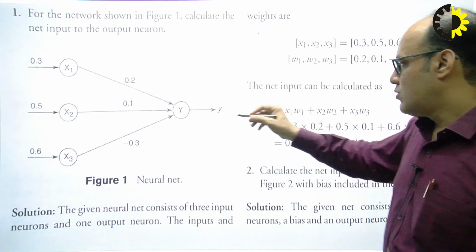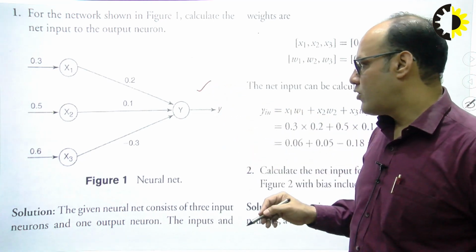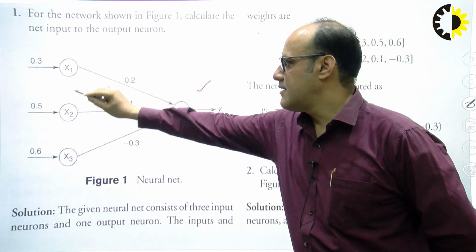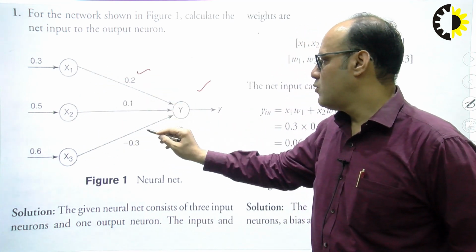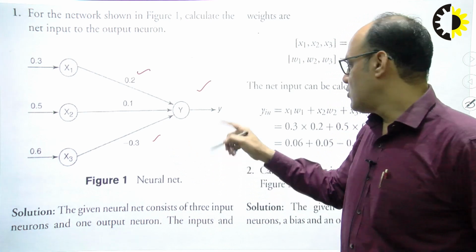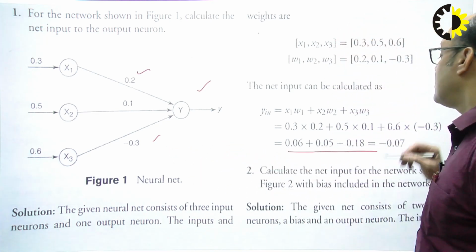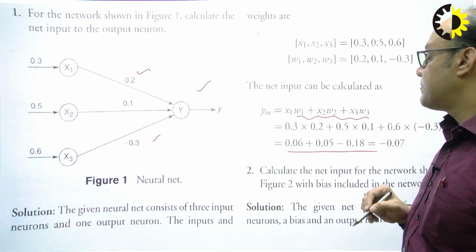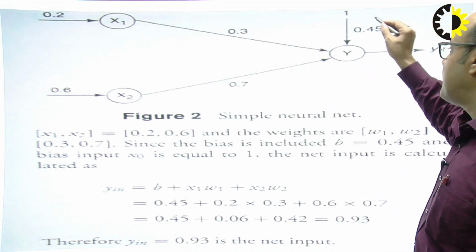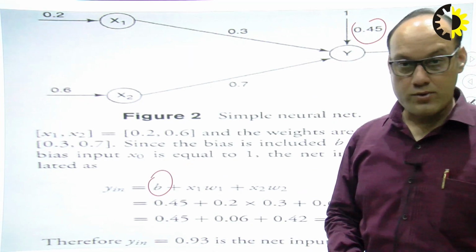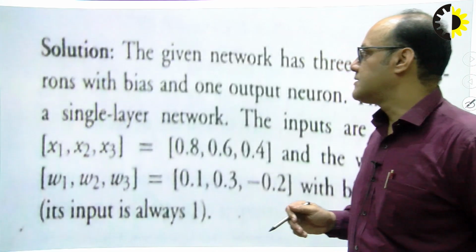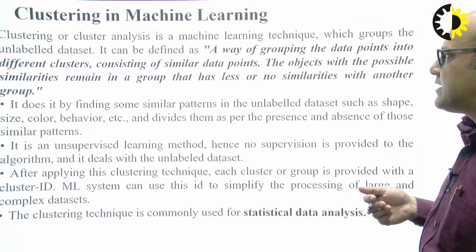This is the example that I want to show you. For example, this is the input x1, x2, x3. These are the weights: 0.2, 0.1, minus 0.3. So how will we get the output? We are just going to do the summation. This is the bias here, so bias is added here to get the output, right, students? There are several examples that we can show.